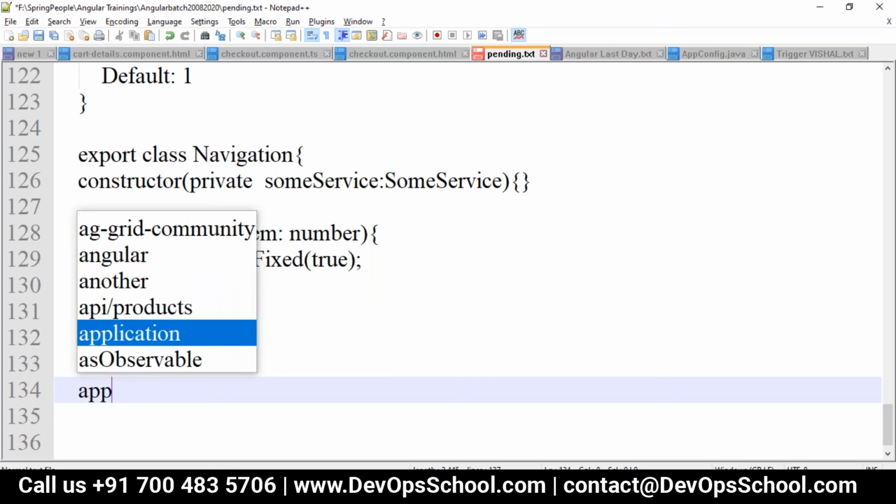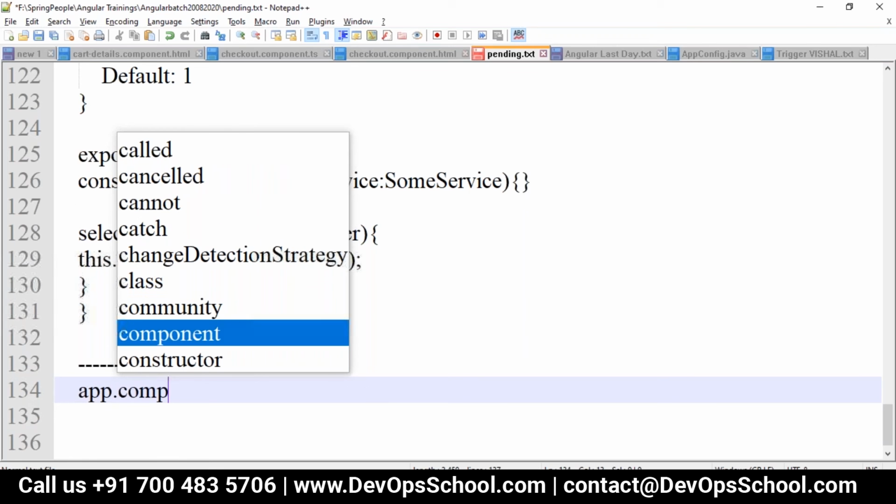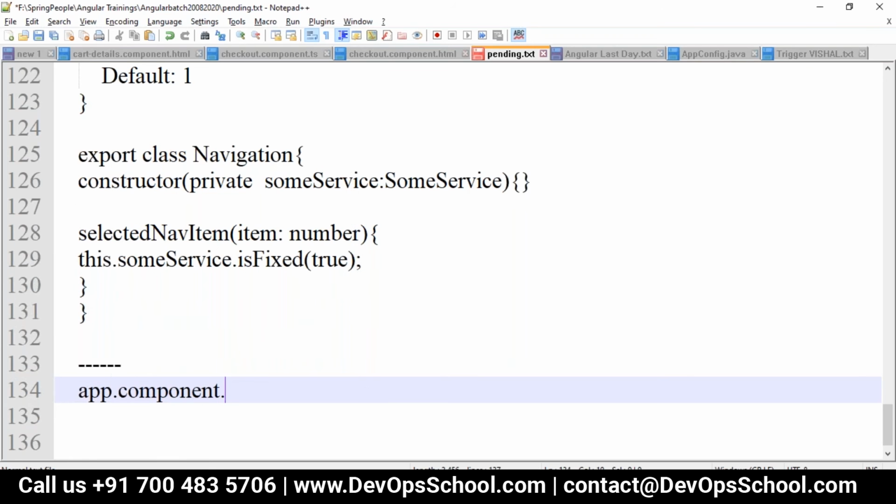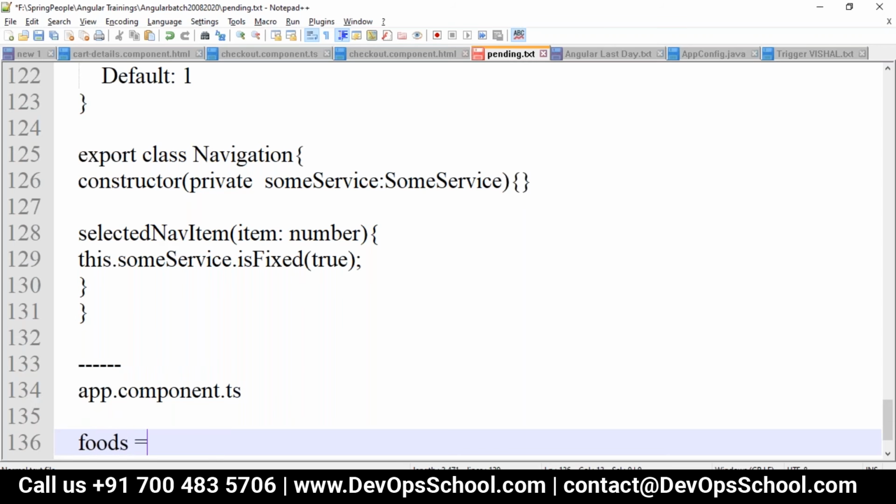In my app component you have some array values, so let me just take one array, which is called foods. As I'm a foodie, I just take a food example. So I have some food arrays here.